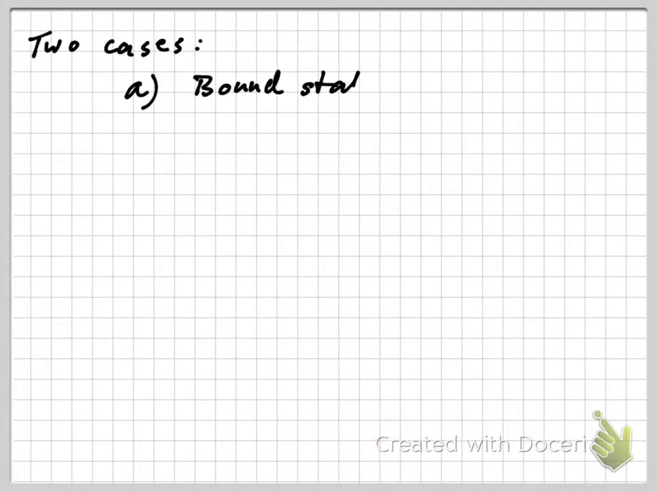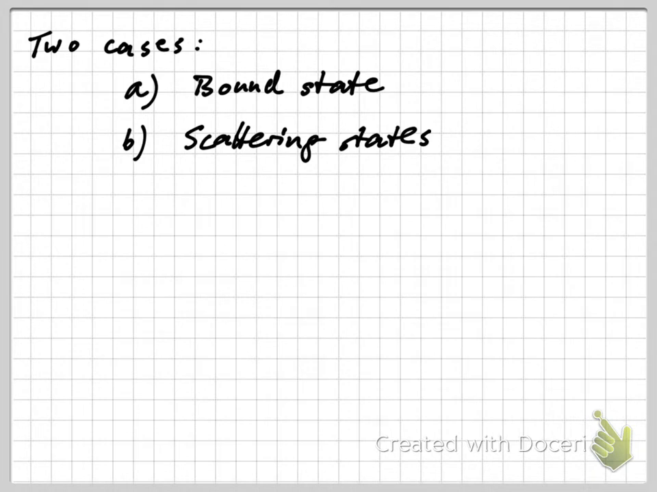We have two cases here. We have a bound state, and we have scattering states. So I have to explain a little bit what that means. Bound states occur for an energy that is negative, and scattering states occur for energies that are positive. A bound state is a state where the particle is going to be trapped near the origin by that potential. And scattering states are states that correspond to unbound states. In other words, where the particle is not trapped in any region of space,